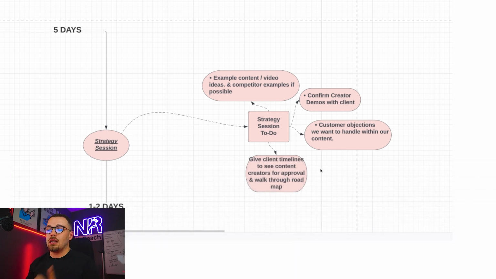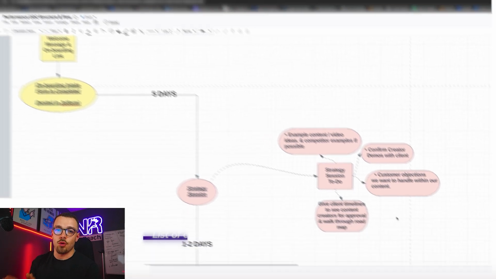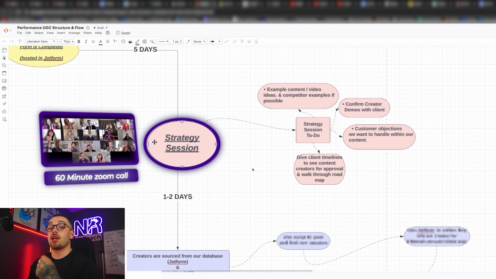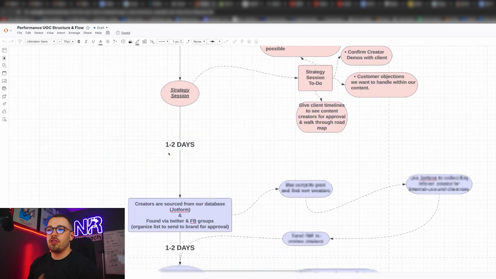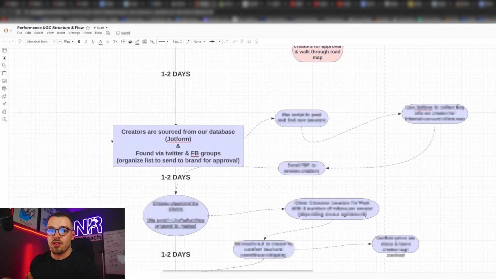And then giving the client timelines to see content creators, right? Because we're going to be sending them a list of content creators to choose from for approval and walking through the overall roadmap. And again, guys, all of this is happening on our strategy session, which is usually a 60-minute Zoom call. Within the next 1 to 2 days, creators are sourced from our database inside of Jotform,